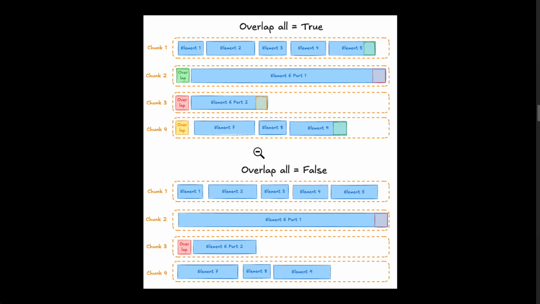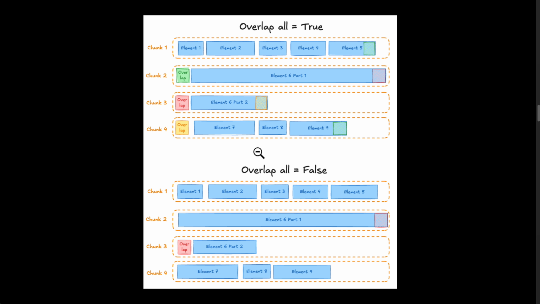Likewise, in chunk 2 on element 6, part 1, this red portion is copied into the beginning of chunk 3. Notice that element 6 has both part 1 in chunk 2 and part 2 in chunk 3. The element itself exceeded the max characters setting, and so it is split into 2 chunks. However, the overlap is still preserved as much as possible within the barriers of the max characters setting. Again, notice in chunk 3, element 6, part 2 ends with that yellow portion being copied into the beginning of